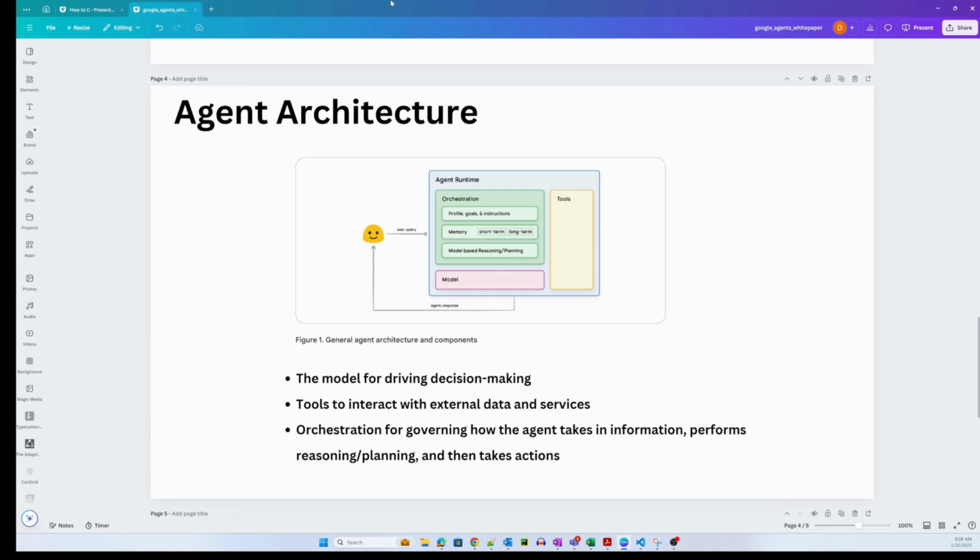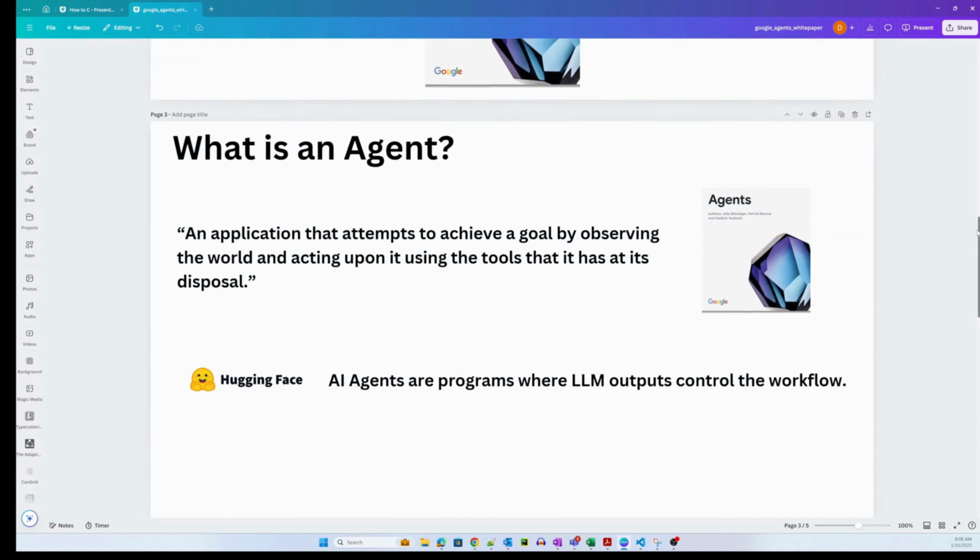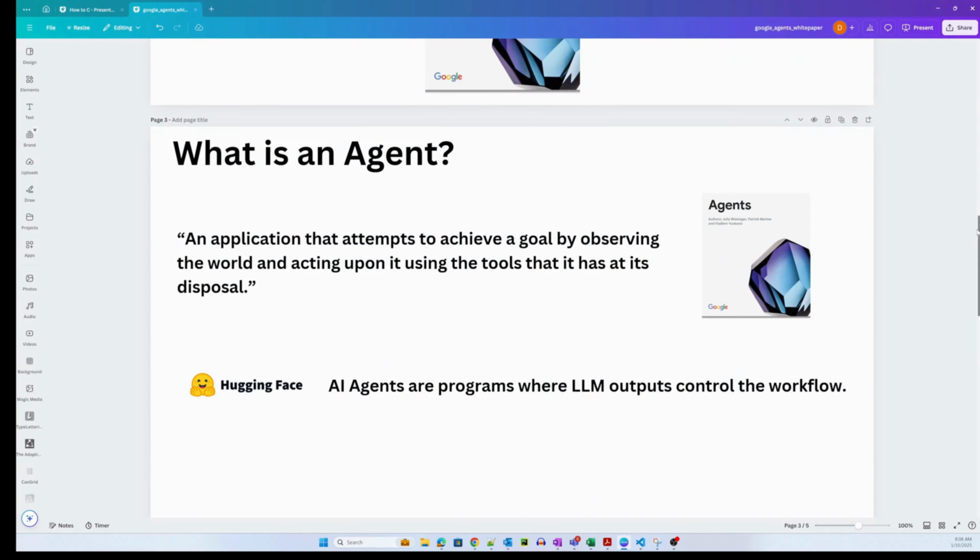Tools, and let me go back to the definition and talk about the importance of tools. And this is what maybe an agentic framework essentially differentiates from a simple LLM call, right? And if you look at this, an application that attempts to achieve a goal by observing the world and acting upon it using the tools that it has at its disposal.